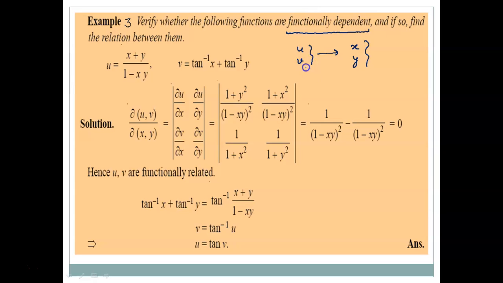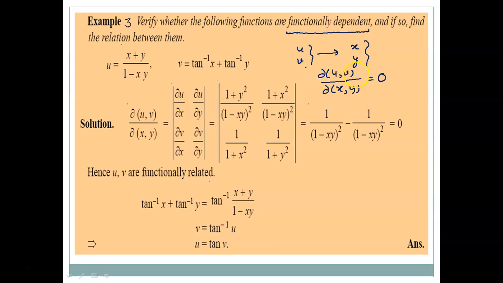So this is the transformation from uv to xy. So you can see for this kind of problem, we need to find the Jacobian del uv divided by del xy,